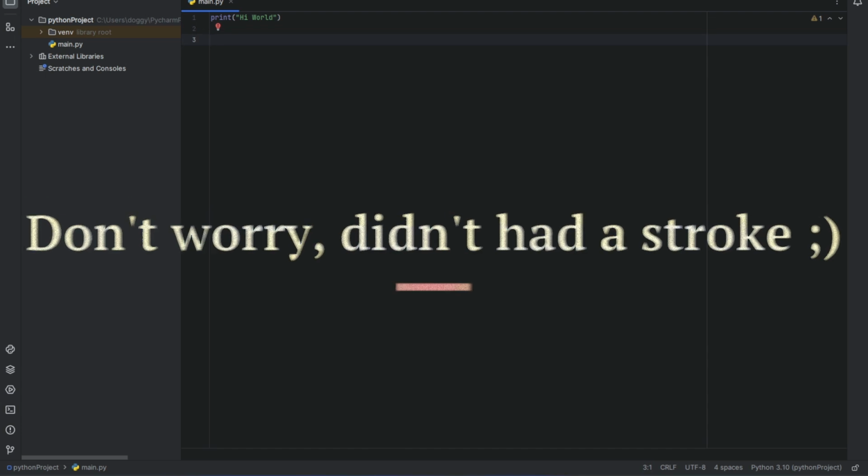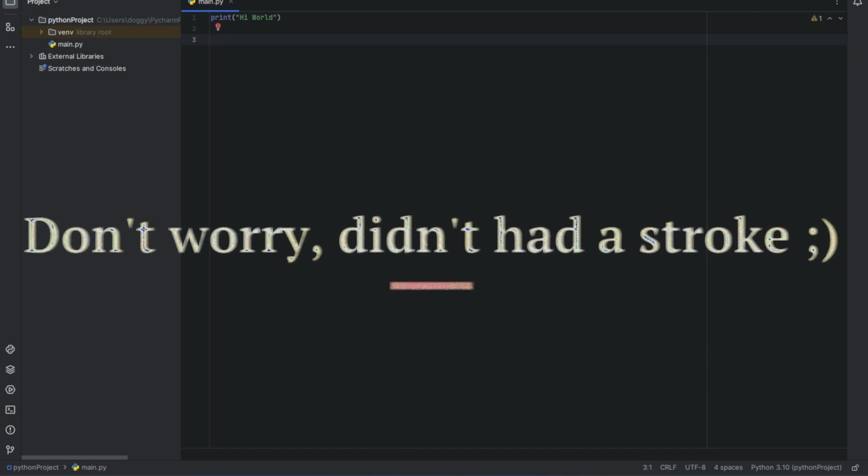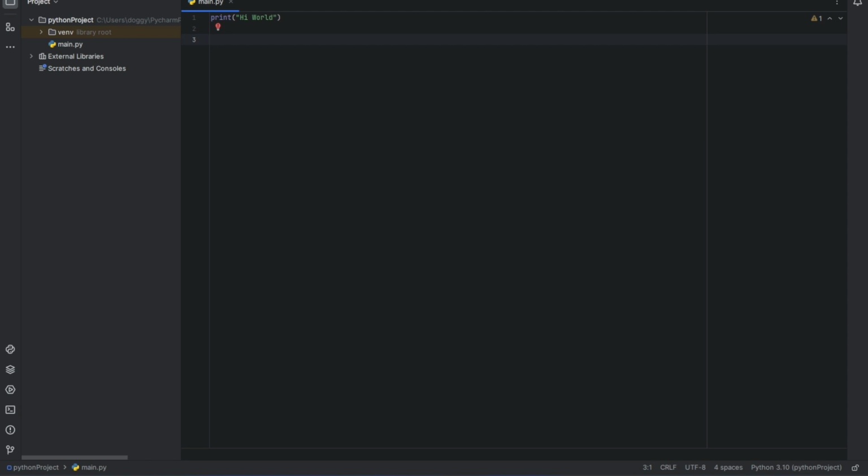Hello, and welcome to the third part of the tutorial series about the Python basics. After we had a quick look at every data type, now it's time to get a little bit deeper into the first two data types, and these are integers and floats. I just want to show in practice what you can do with integers, the basic functions, and of course